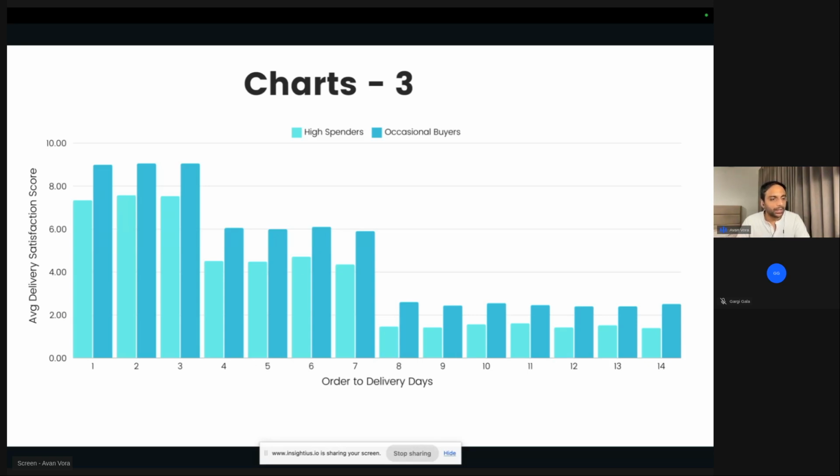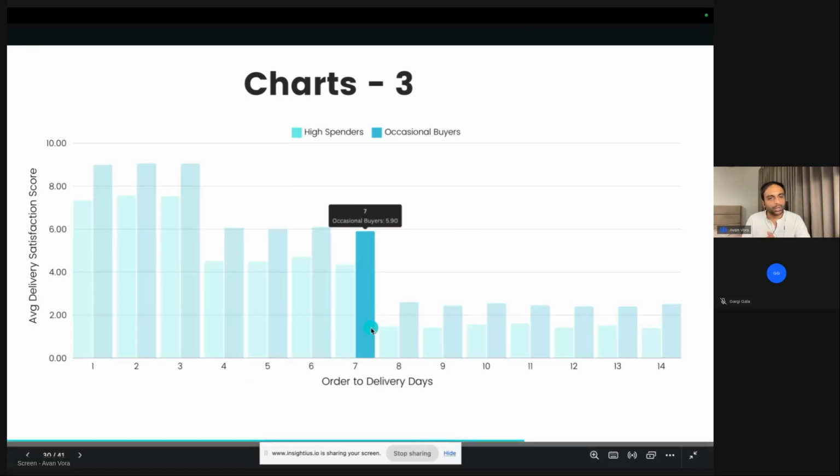Yeah, occasional buyers could be acclimatized to delivery times. They kind of expect that, oh, it's going to take 4 days. I don't really have an option. I have to shop from this website. I will do it from here. But high spenders want faster service, better service. If I am spending 1 lakh, 2 lakh rupees on some items, I'm not going to wait for 10 days. I want it in 1 day. So high spenders actually have higher expectation. Is it making sense? High spenders have higher expectation than occasional buyers. That is what this graph is telling us.